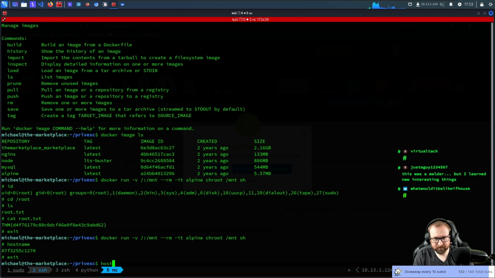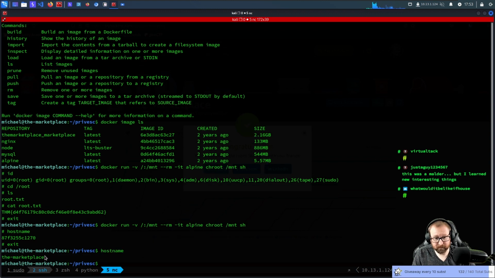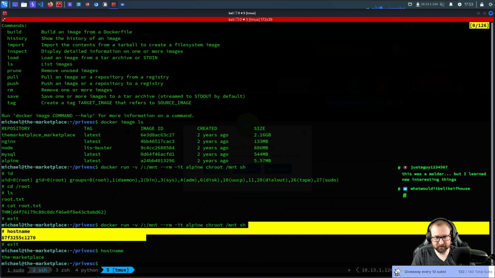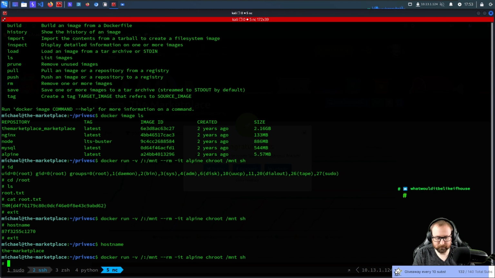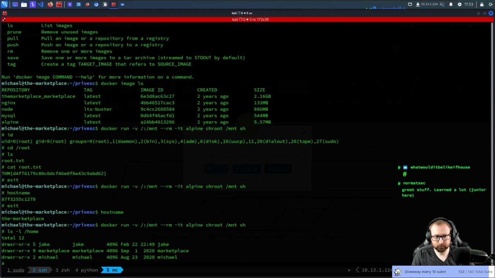And obviously, if I do hostname here, it's the marketplace. So what's going on? Because this root.txt file is on the marketplace. For instance, if I run Docker and do an ls -l home, look. These are all the marketplace files, the users. So what's happening?